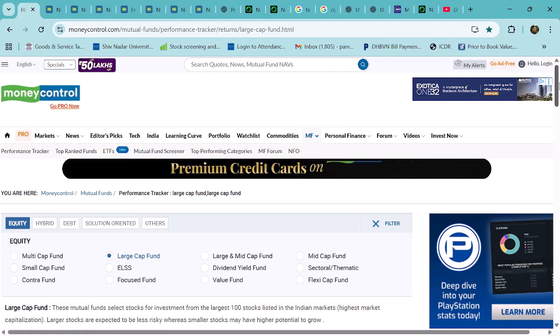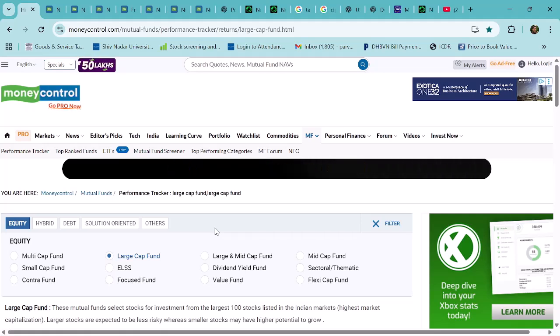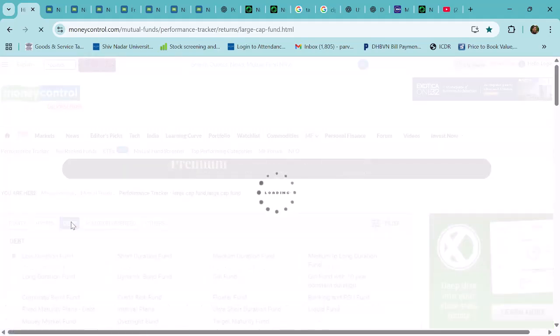What you are supposed to do in your assignment is make an analysis based on which top 5 mutual funds you think are the best and why you should put money there, and talk about these mutual funds. I'll be sharing the assignment details maybe in a day or two. After that we can have a discussion. Then we move on to the next one, which is debt.